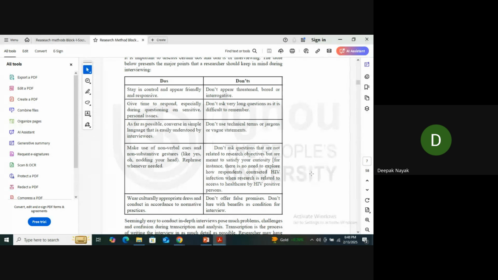They want to complete the research work within a short span of time with less expenditure. But in qualitative studies, that is a disadvantage; you have to give more time. You have to give more space to the respondents, so that he or she feels comfortable enough to respond